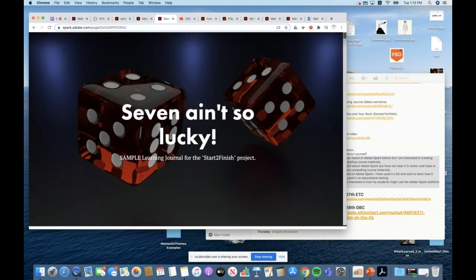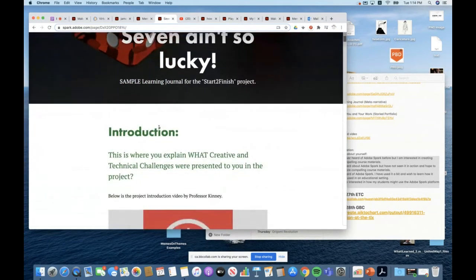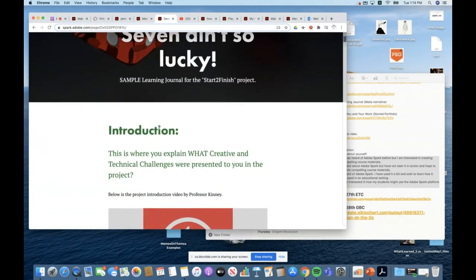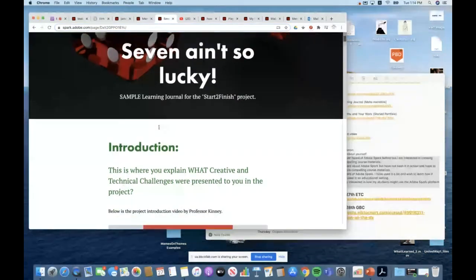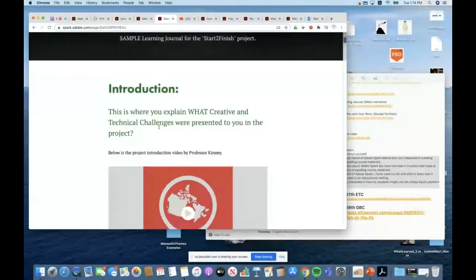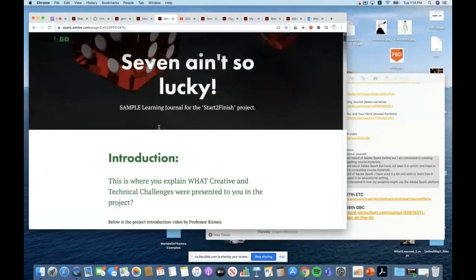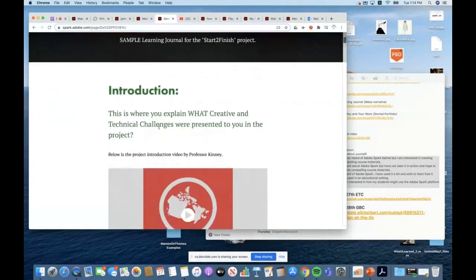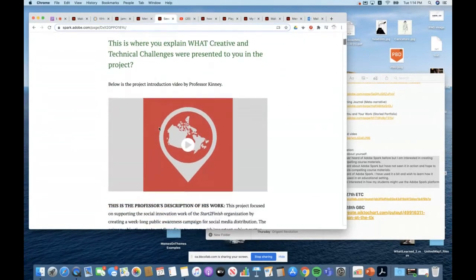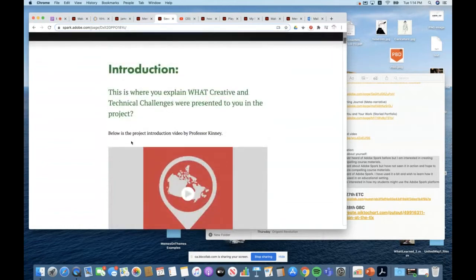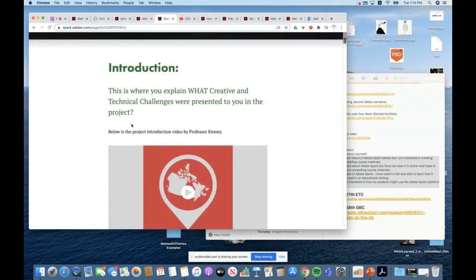This is a sample of learning documentation, a learning journal. And this is one that I did with my students. And so this is really a framework. This is to show them the components of the learning documentation that I want them to mimic when they document their own learning. And so it's self-explanatory as they go through it.